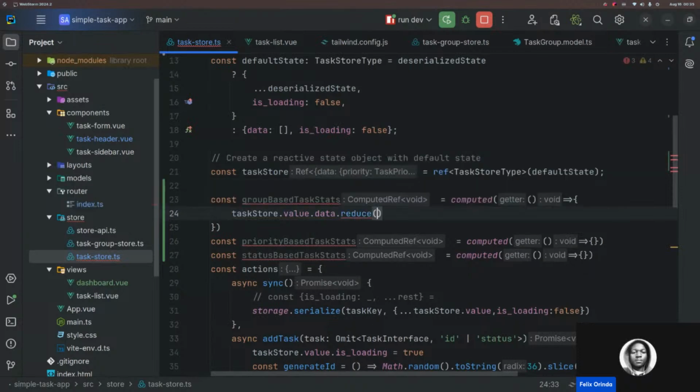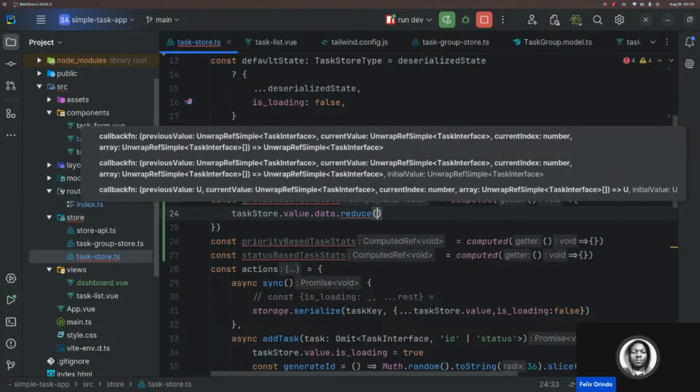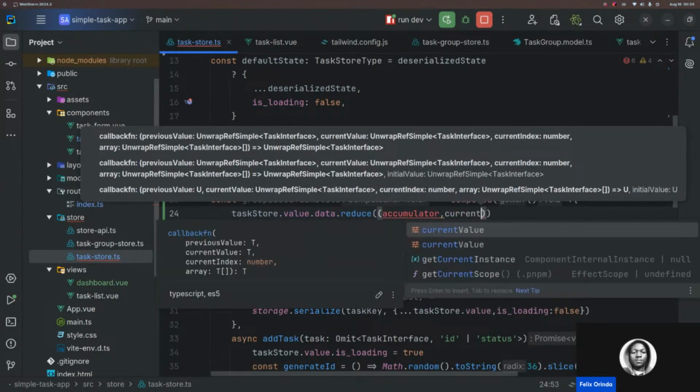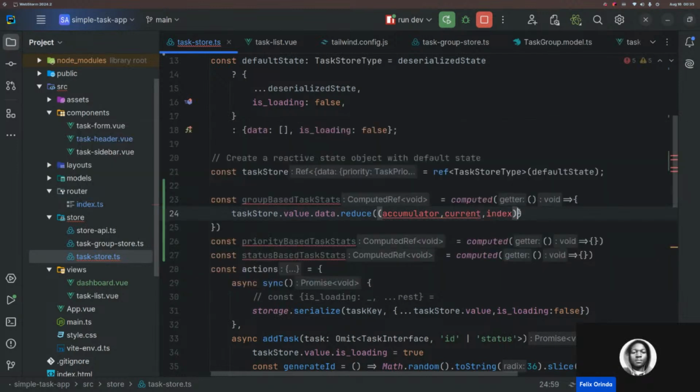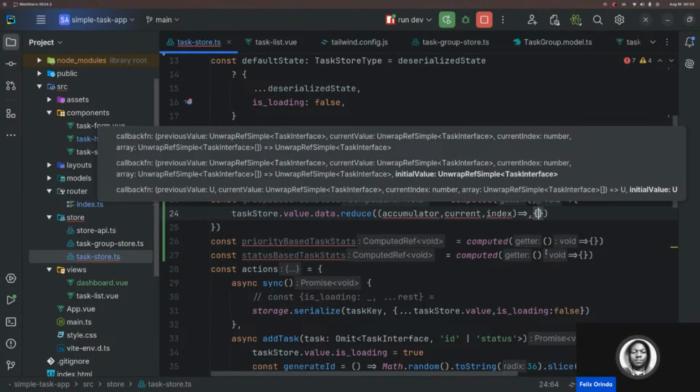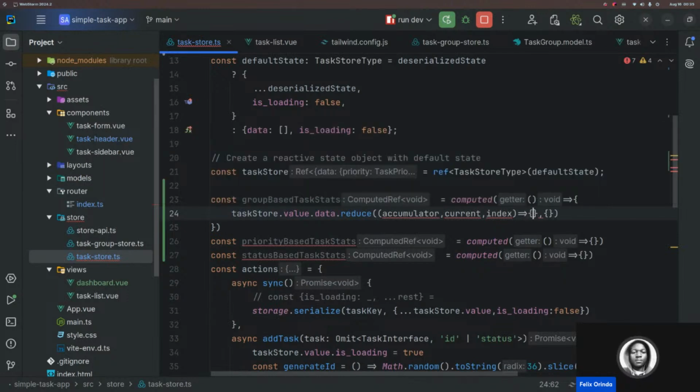Okay, so what we'll be reducing, we'll have an accumulator which now will be accumulating whatever we have already processed. Then we have the current and the index. Then we'll have this, then this is the default. So meaning